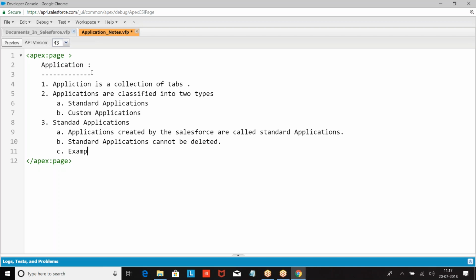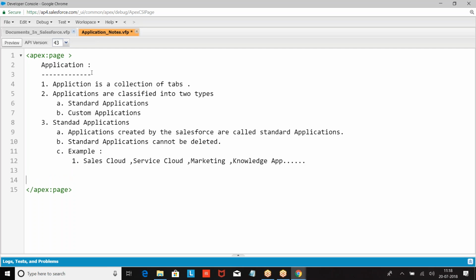Example: Sales Cloud, marketing application, like this.